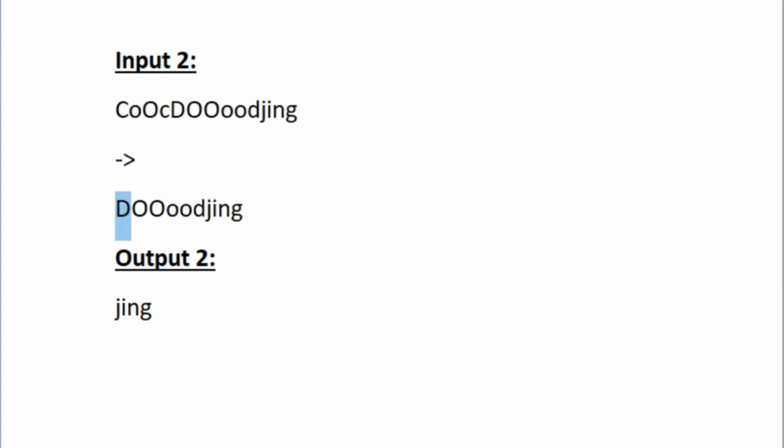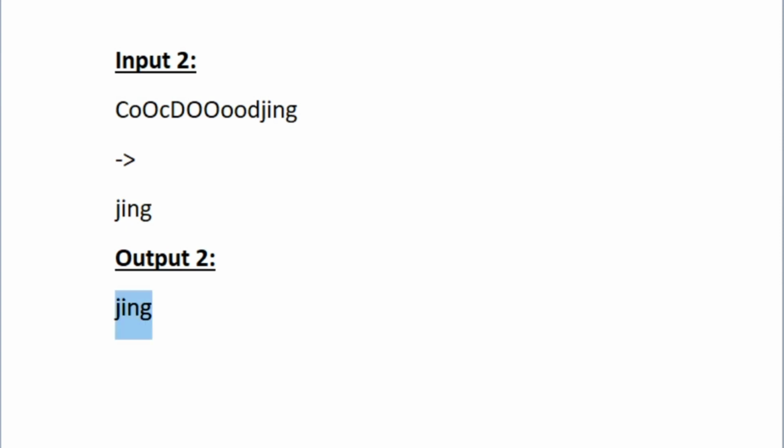And then the first pair is DO, which is not correct, and then OO. So both the O are in uppercase, and then O and lowercase o. So we can remove this particular pair, and after removing, another uppercase O and lowercase o are occurring nearby. So we can remove those pairs also. And then after removing the O, now we can see that the uppercase D and lowercase d are occurring nearby. So we can remove this pair also. And after removing this, there are no more pairs as per the conditions given in the question. So we have to print this updated string as our output.